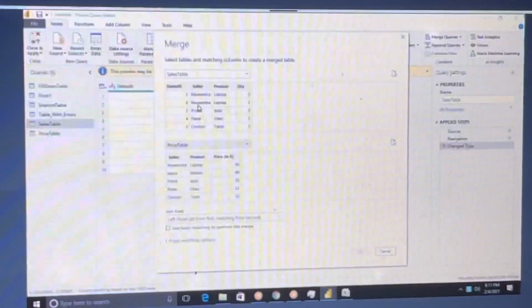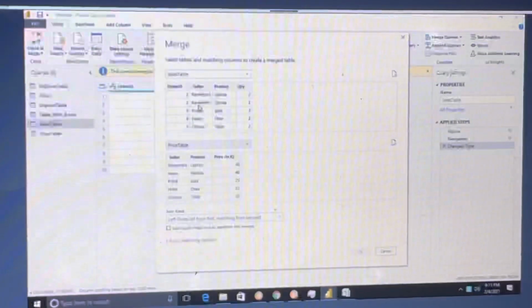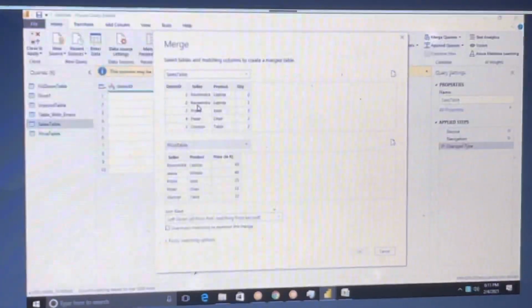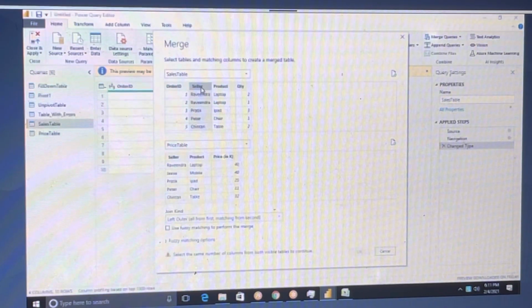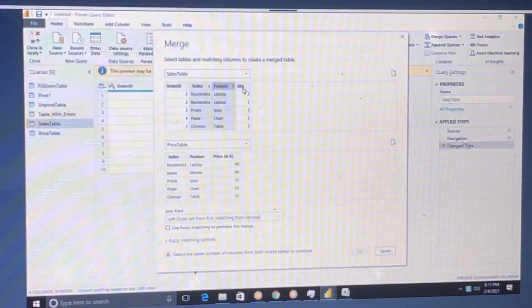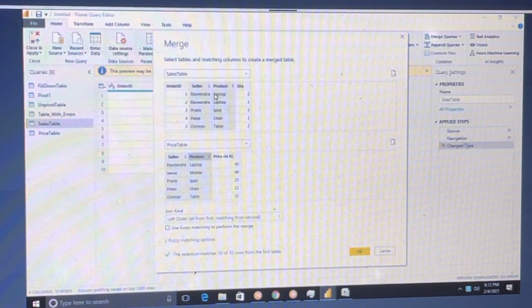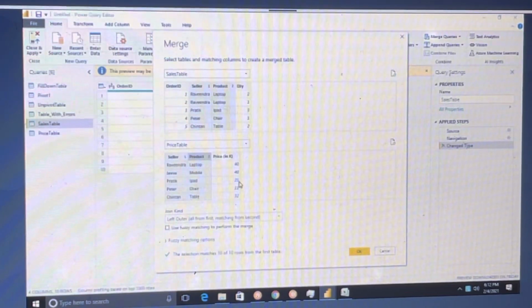However we do joins in SQL Server, in the same way we do joins here, on a condition where a column from one table equals a column from the other. Click on seller, press Ctrl, click on product, and likewise in the other table. You can do the merge join based on many columns. Select seller and product from this table.